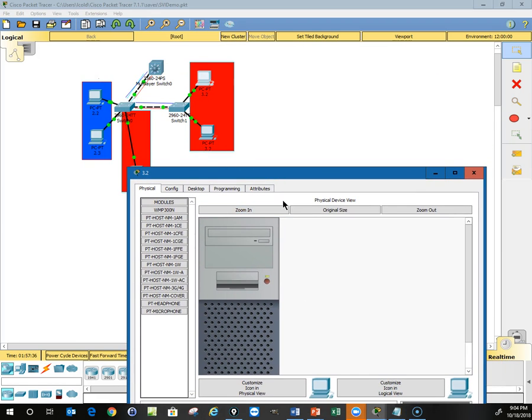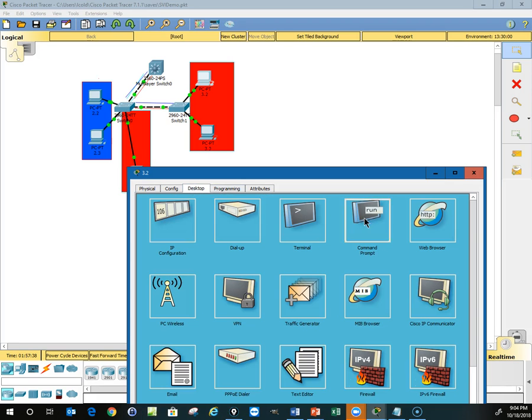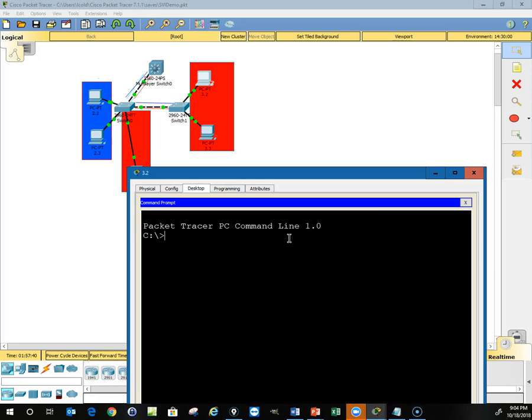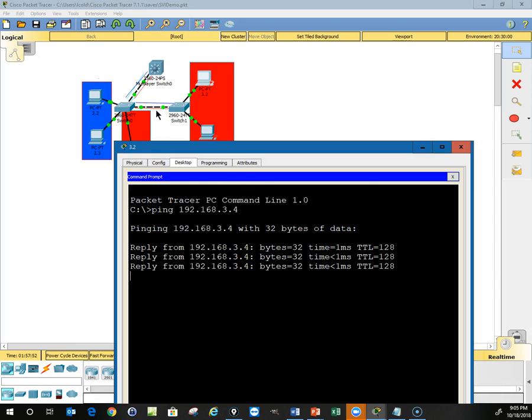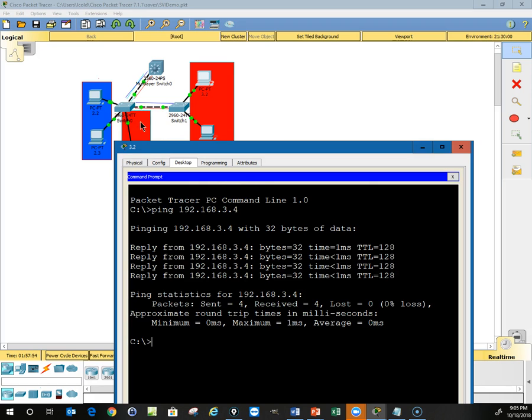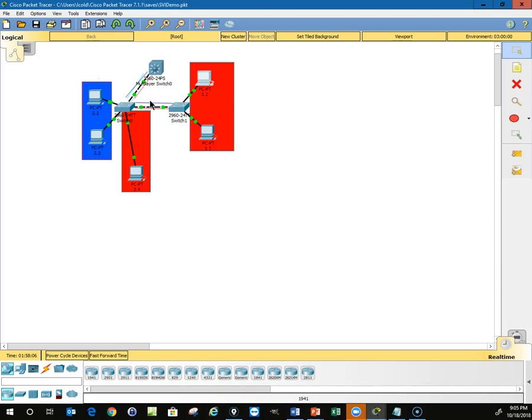The red VLAN is the 192.168.3.2, so I should be able to ping 192.168.3.4 on a different switch, which tells me that I have a trunk through here. And then if I try to ping the 2.2, that shouldn't happen, and it doesn't happen. So I have a trunk port here. We've kind of shown that there is a trunk port